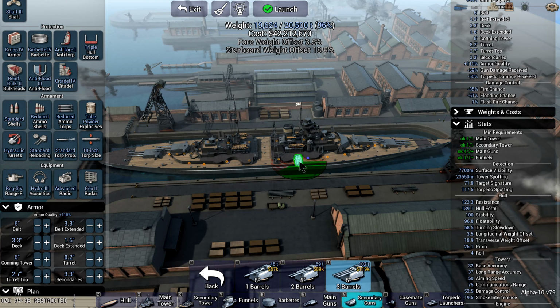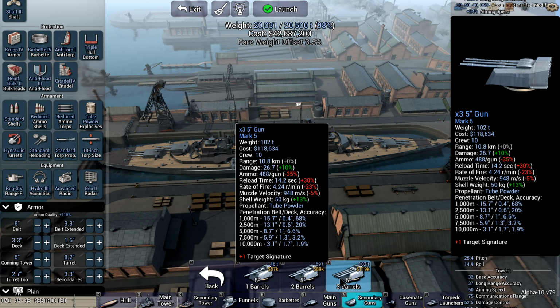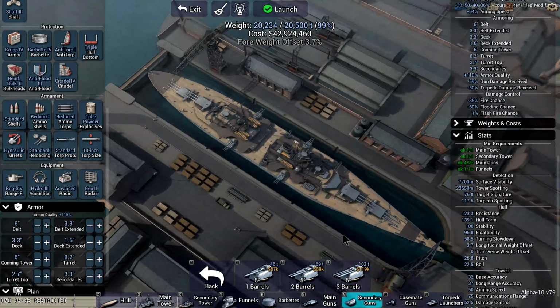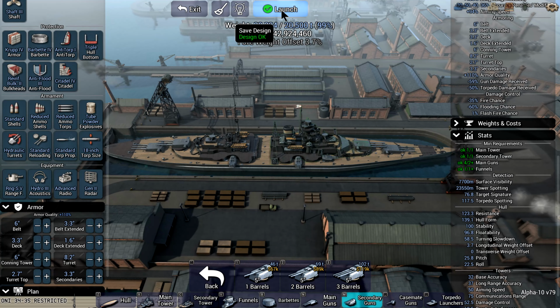Oh. There we go. Put those there. And then we can have some forward facing as well, right out the nose. All right. So that's our secondaries. We've got a little bit of weight to play with, but let's do our math real quick and make sure that...